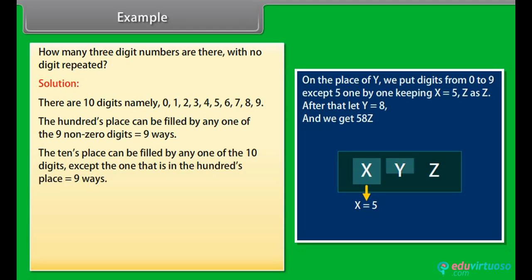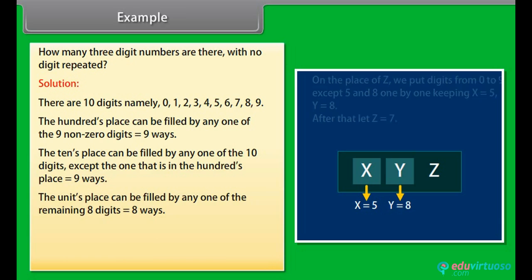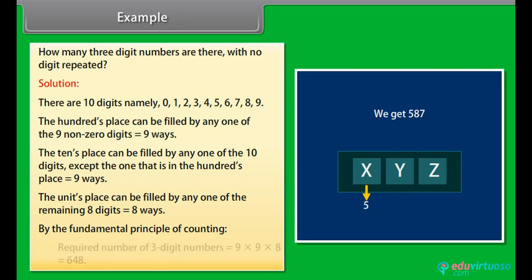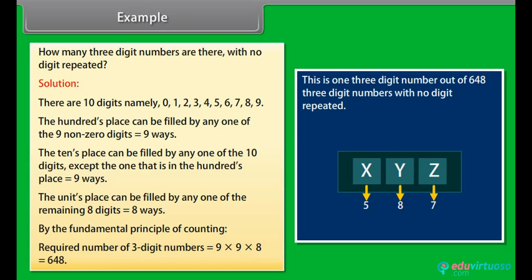The tens place can be filled by any one of the 10 digits except the one that is in the hundreds place, which is equal to 9 ways. The units place can be filled by any one of the remaining 8 digits, which is equal to 8 ways. By the fundamental principle of counting, required number of 3-digit numbers is equal to 9 into 9 into 8 is equal to